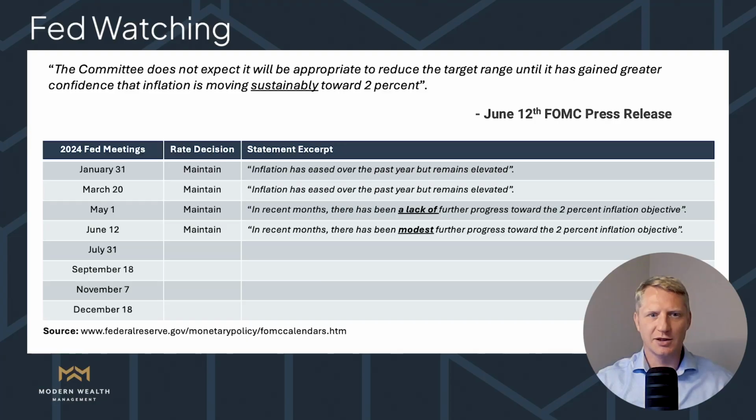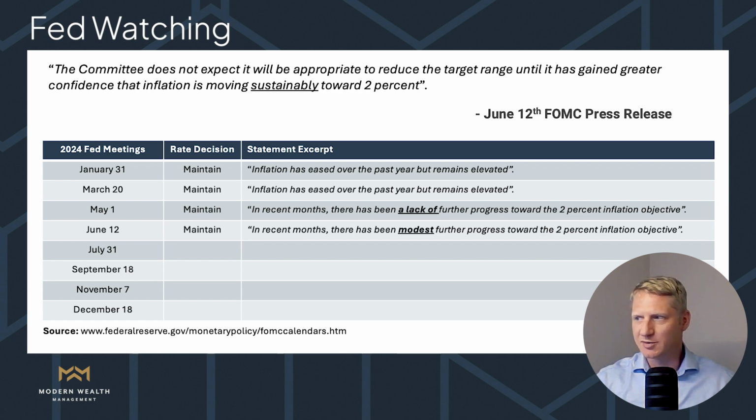The end of June brings around the end of the first half of the year, so it's a great point to check in to see where the Fed's at. Wanted to bring in just this chart here to walk through that. As you can see, there are 8 scheduled meetings throughout the year, and we've currently had 4 of those. June's was particularly interesting with a distinct change in verbiage.